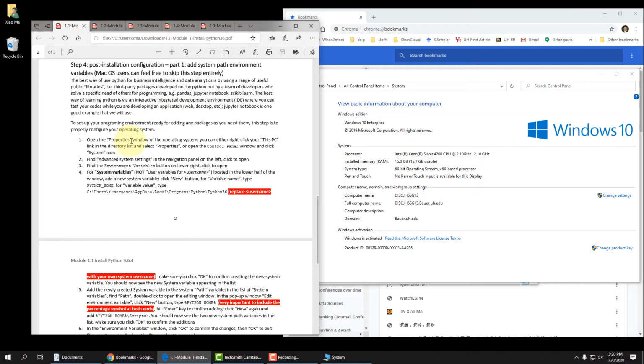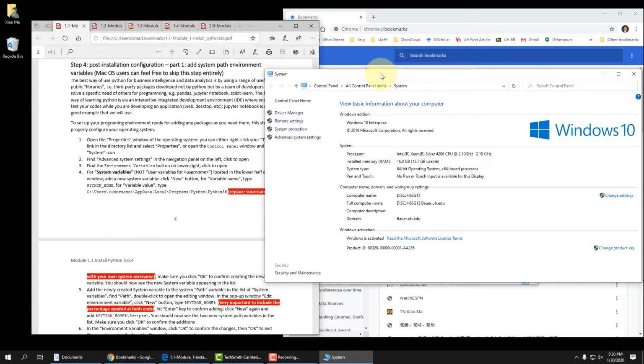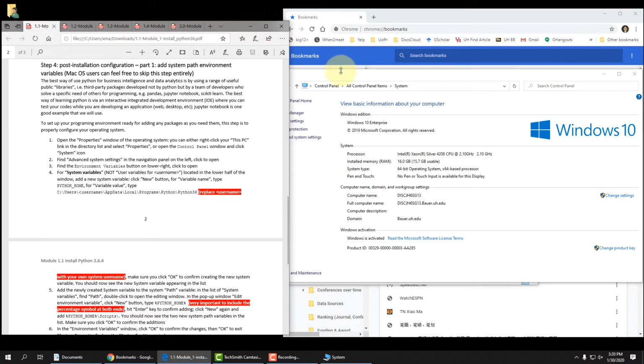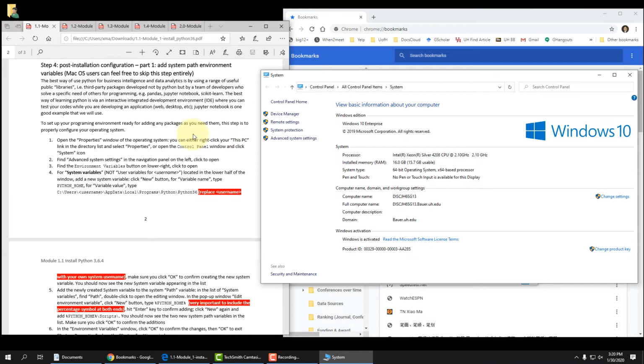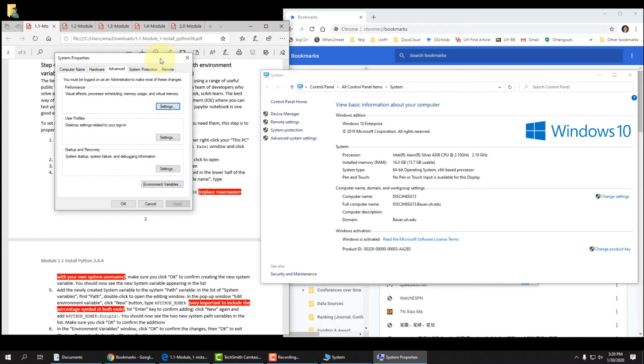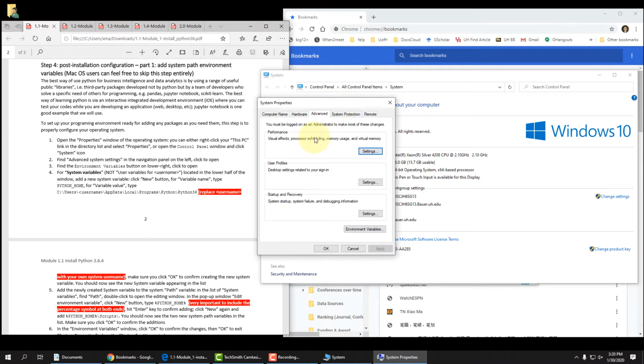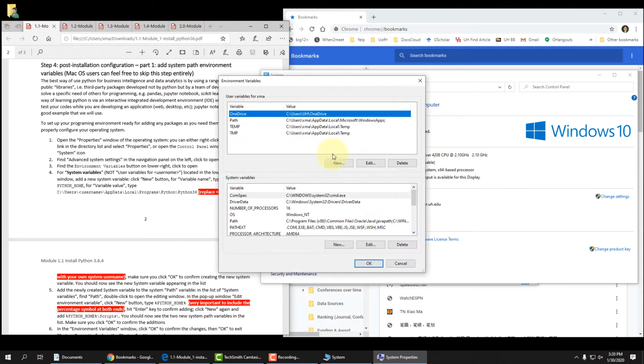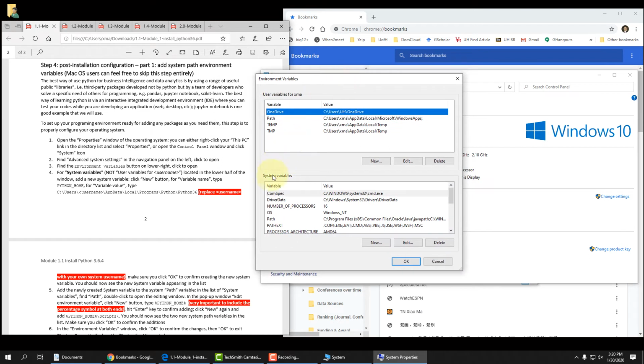Just like what it says, go to the Properties of the Windows system. Let me rearrange my windows here. Now go to the Advanced System Settings, and go to Environment Variables. Okay, under System Variables,